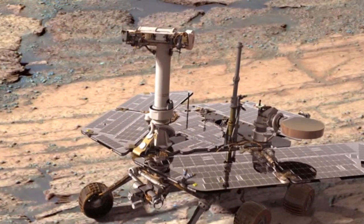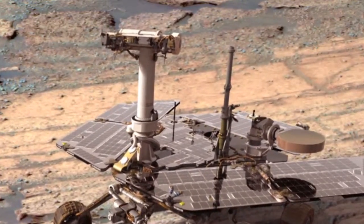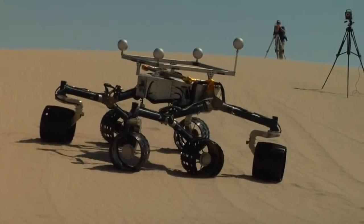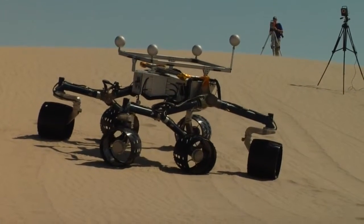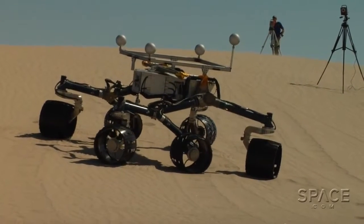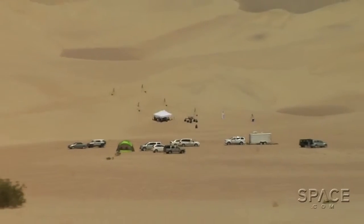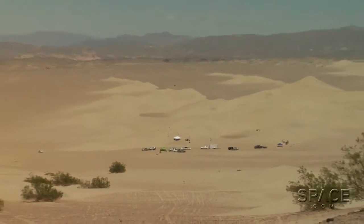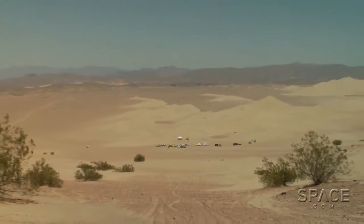The Mars exploration rover Spirit got stuck multiple times during its 6-year mission, ultimately meeting its demise mired in place. It was a nerve-wracking experience that no one wants to repeat. So the tests go on in the dry, arid wastes of Death Valley as Opportunity continues its exploration of the Red Planet. This is Rod Pyle for